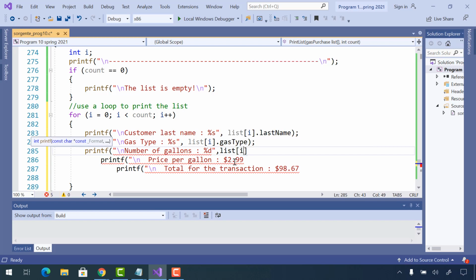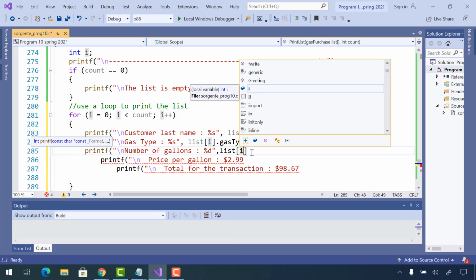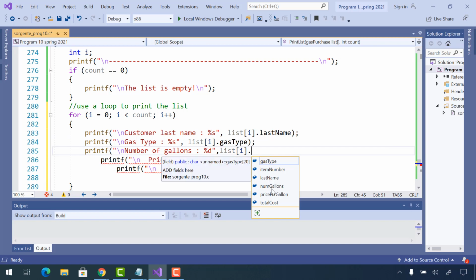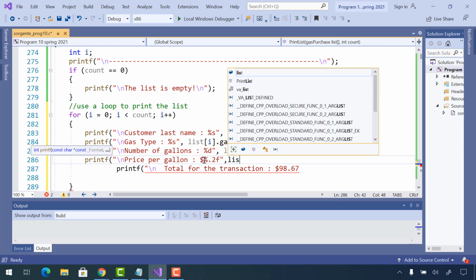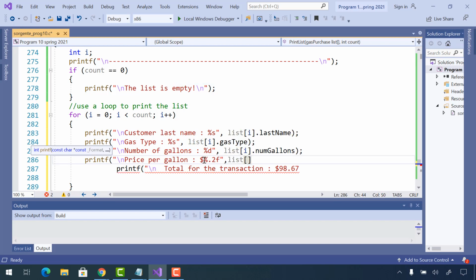List at index i, dot number of gallons, and price per gallon, %.2f, list at index i dot, oops, dot goes out, price per gallon,